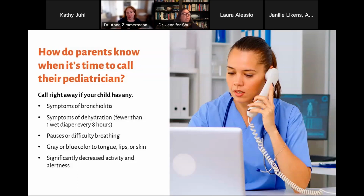So if you're seeing decreased wet diapers, if your baby is not nursing well, if your child is refusing to eat or drink, if your kid is really lethargic and you're not able to wake them up, and then all of those signs of that lower airway bronchiolitis, the working harder to breathe, the breathing fast, those are things that we want you to call us about so that we can take a peek at